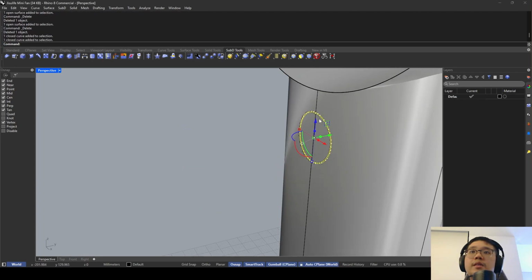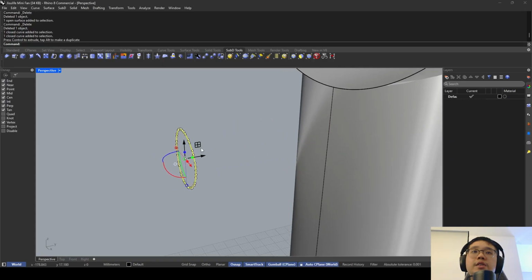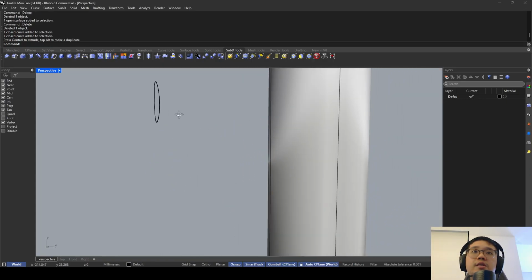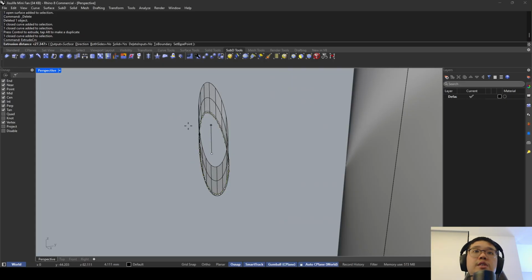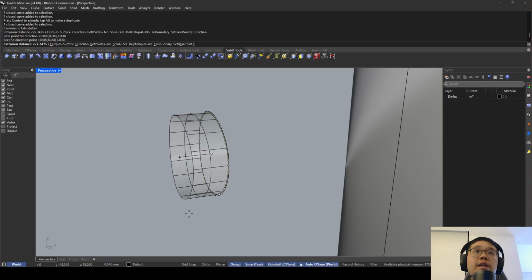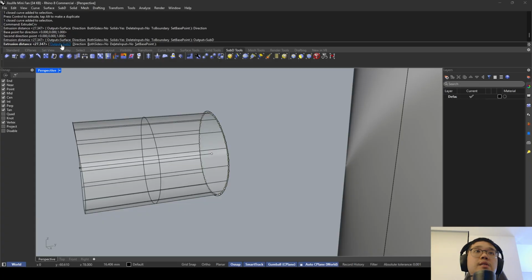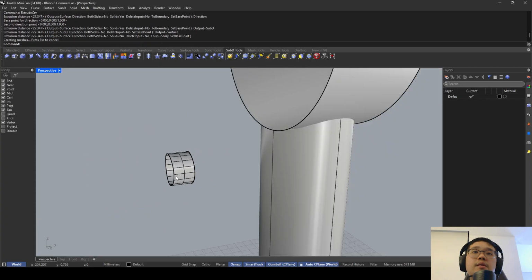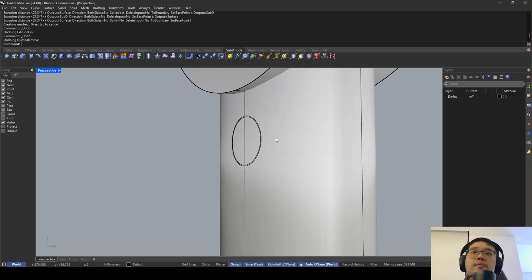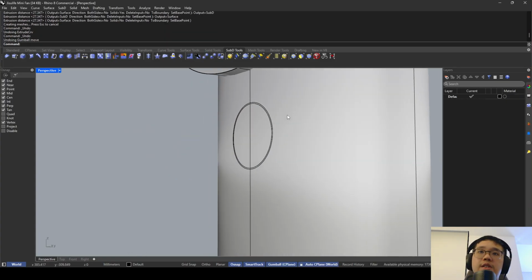So I'm going to bring this out first. So this is not flat. So I want to extrude this again. Make sure that it's a solid. Output is the surface. Okay. So another way you can do this is that